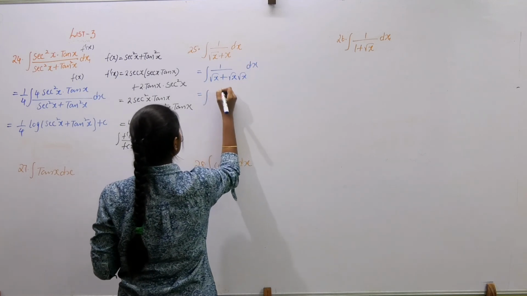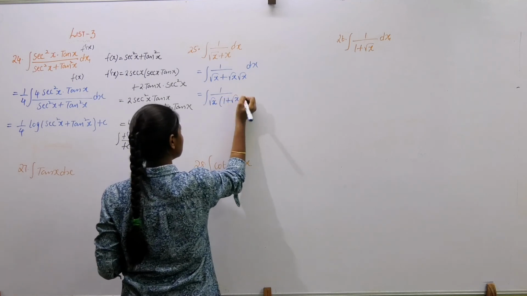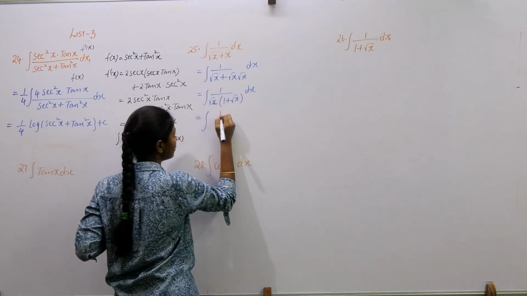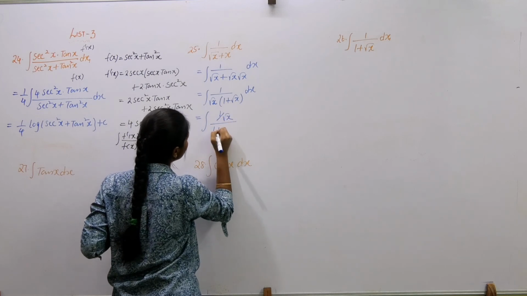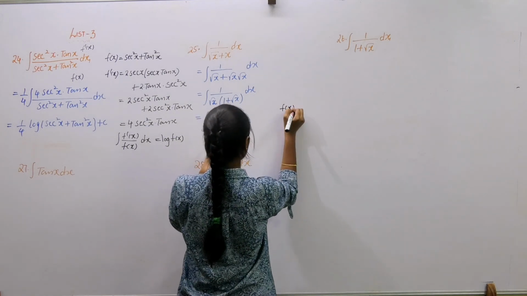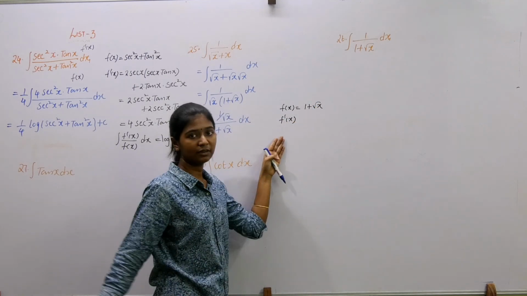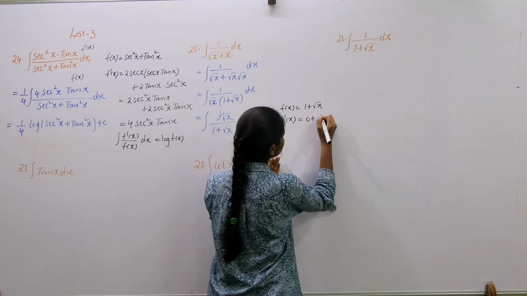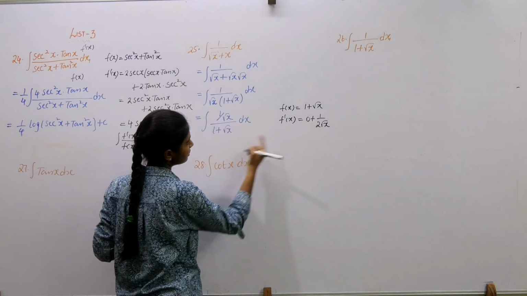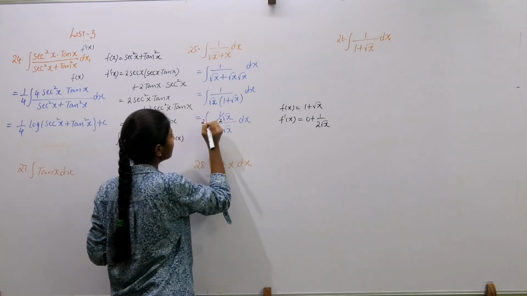It is equal to the integral, if we take root x common, we have 1 plus root x dx. It is equal to the integral, I write this root x in the numerator, 1 by root x by 1 plus root x dx. Let f of x equal 1 plus root x. When we differentiate this, f dash of x is equal to 0 plus 1 by 2 root x. In the numerator, we don't have 1 by 2 root x, but we have 1 by root x. So, adjust 2 here and 2 here.